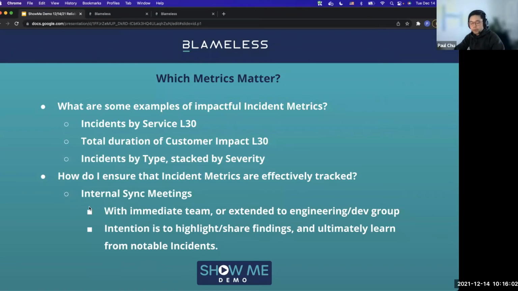One of the things that we do here at Blameless today, and we preach as well, to help customers in terms of actionable things they could do today to improve their overall reliability program, is that we have what's called incident story time. And it's essentially an open meeting to anyone, technical, non-technical, anyone who's interested in joining to partake in the conversation on incidents. So this is really the opportunity for us to look at the incidents that occurred in the past week